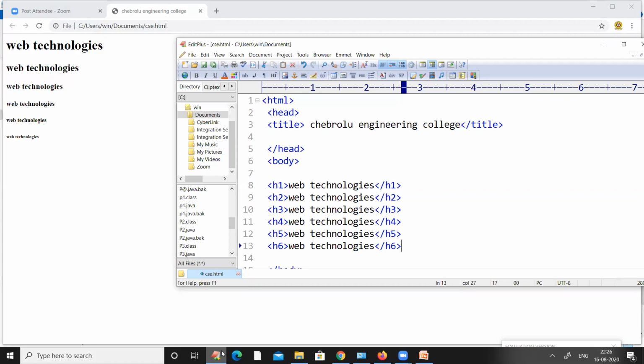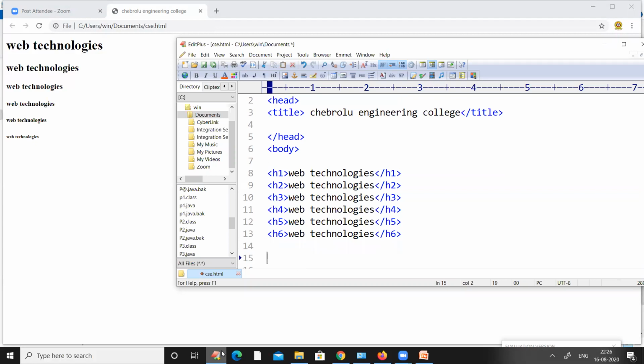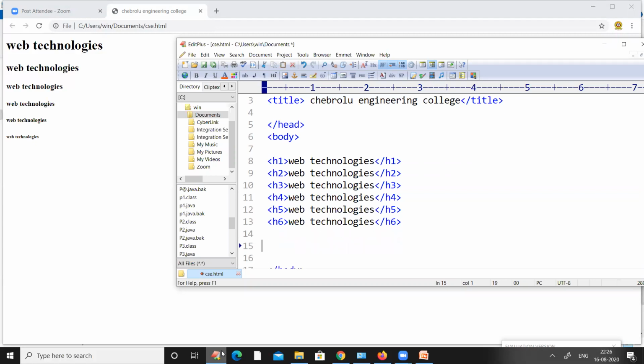So let us add a paragraph. We can add a paragraph by using a tag called the p tag, that is the paragraph tag. In the paragraph tag, I'm going to write a couple of sentences.